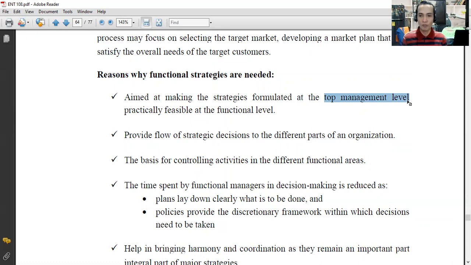Based on what I have explained a while ago, each specific business function level strategy is interrelated to each other. In other words, the marketing strategy is related to operations. It's also related to finance. It's also related to human resource. Say, for example,